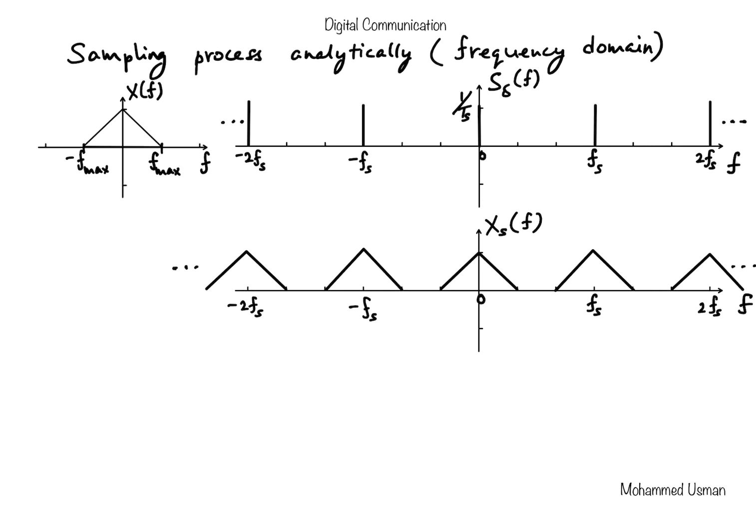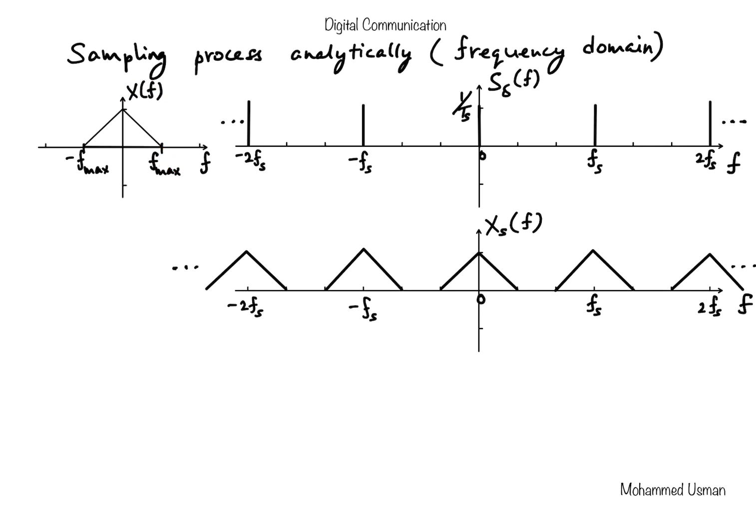Again, it could be some other shape as well, but in general, for most practical signals, it is noticed that lower frequency components have higher magnitude, and as the frequency increases, the magnitude of the higher frequency components gets lower and lower. So we denote this as a triangular shape, right? So we have this, which is the spectrum of our continuous signal, which has a highest frequency component of f